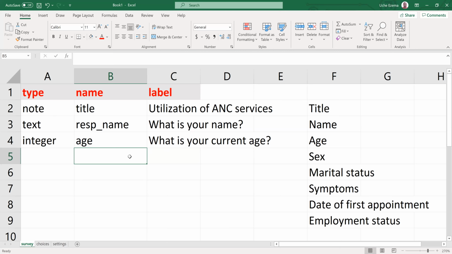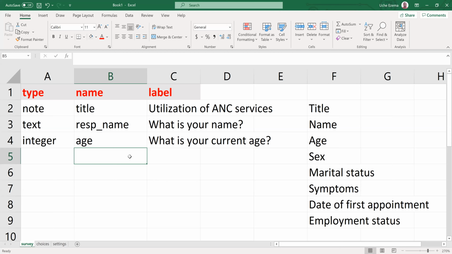Yes. XLSForm is a language, all right? Computers have programming languages. For instance, we have Python, which is used to code Quora. You know about Quora, right? We have C#, which they used to code Facebook. So we have other programming languages. It's just like SPSS and Stata or Epi Info. Which software are you very conversant with? So the language used in every other software is not the same as what